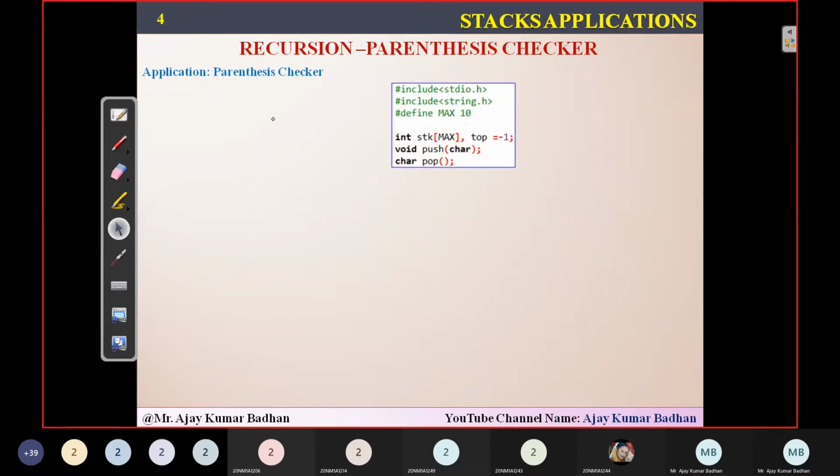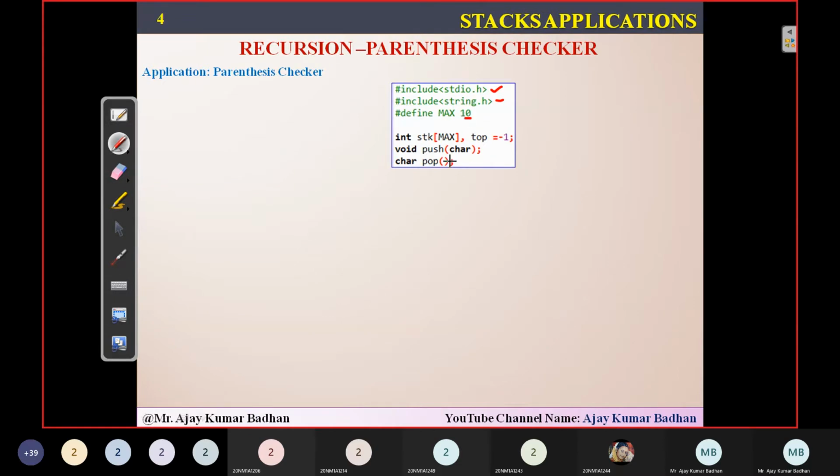Yeah. So this is the first thing I'm going to define. So stdio.h, you people already know, right? I don't have to explain much in this. The stdio.h is the standard header file which I'm using. Since I'm using strings here, I'm going to use the string.h header file also. Define MAX 10. So I'm going to use a stack which has a maximum size of 10.